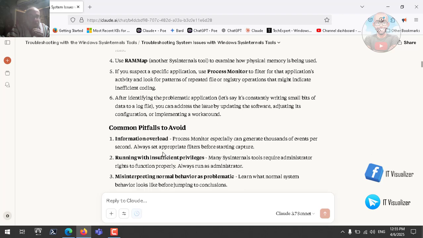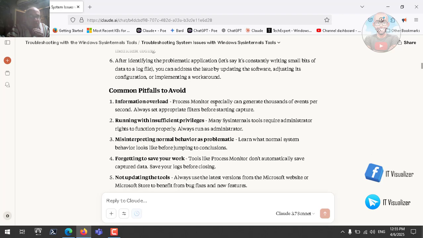Common pitfalls to avoid. Information overload. Process Monitor especially can generate thousands of events per second. Always set appropriate filters before starting capture. That's correct. We have seen this when we're working with a specific case, especially when we are working with